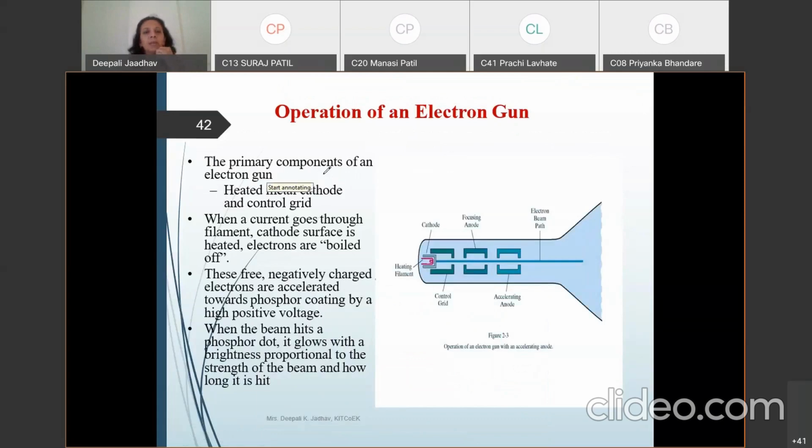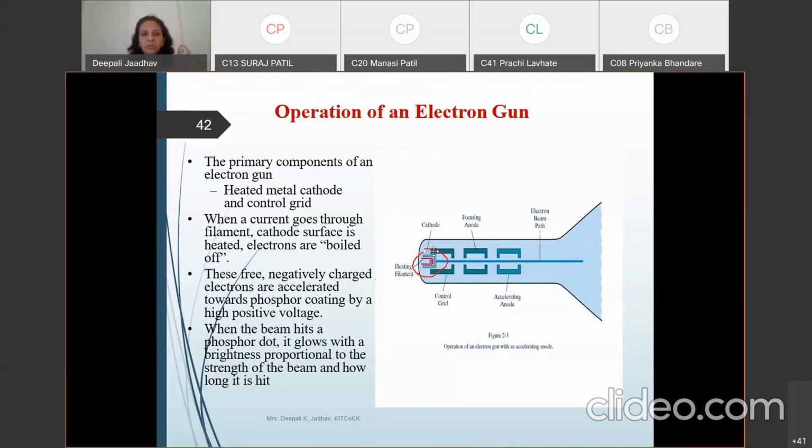This is the entire electron gun; it includes a heated metal cathode and a control grid. Now the heating filament, for which purpose? It generates the voltage, and because of this the cathode is heated. When a current goes through this heating filament, the cathode surface is heated and it generates the electron beams.